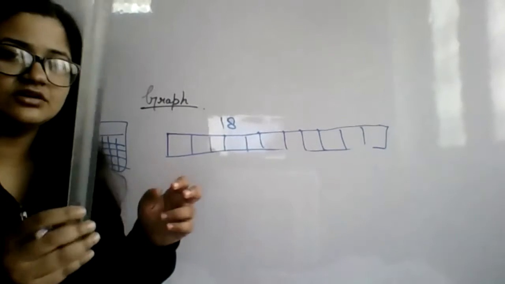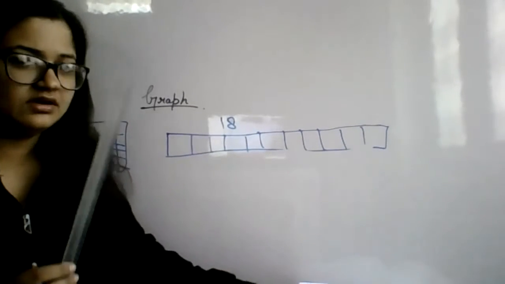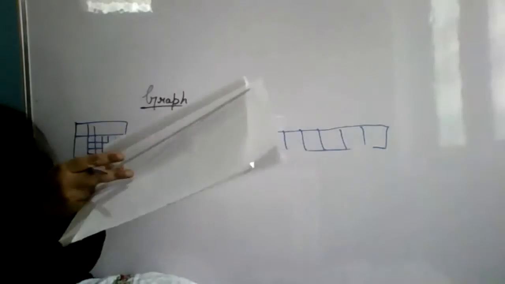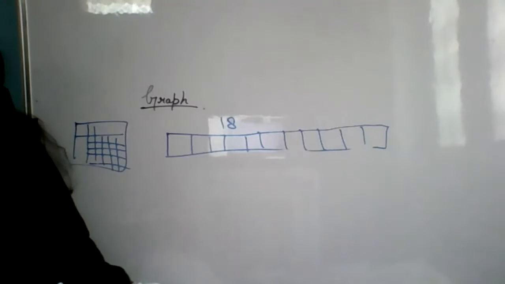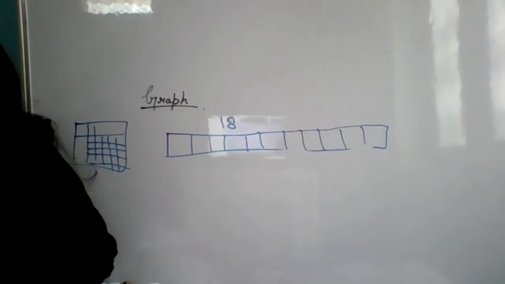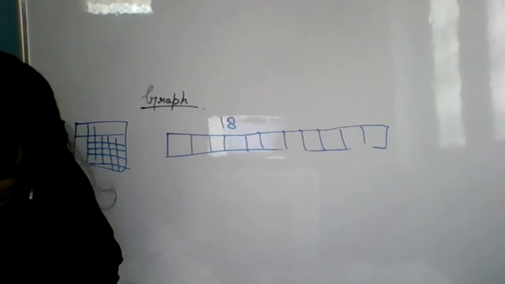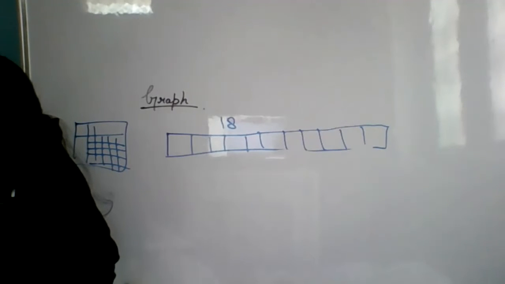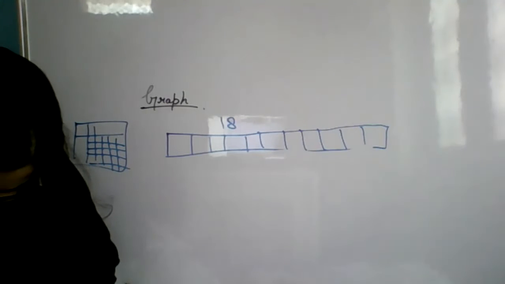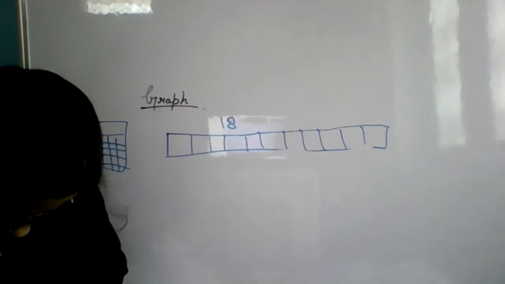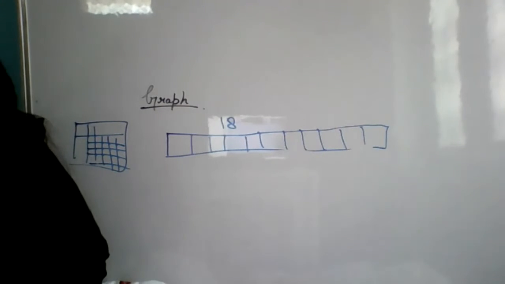Now see, this is my long scale. Okay. And I'm putting this on the scale here. I'm going to make 18 centimeters over here. Make it of 18 centimeters. A long strip of 18 centimeters. Let me show you. First, let me draw it, then I'll show you.